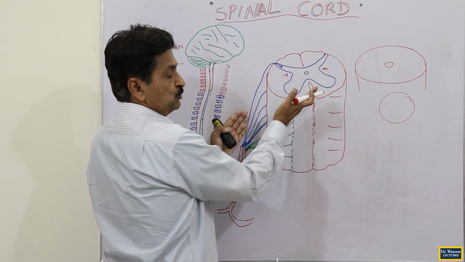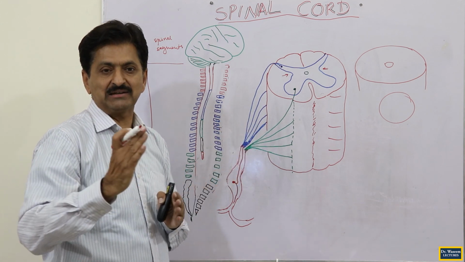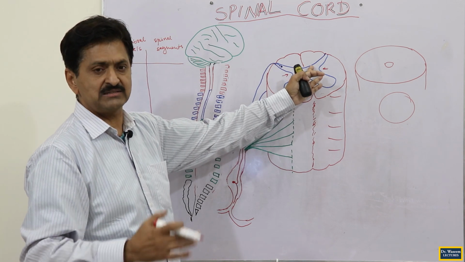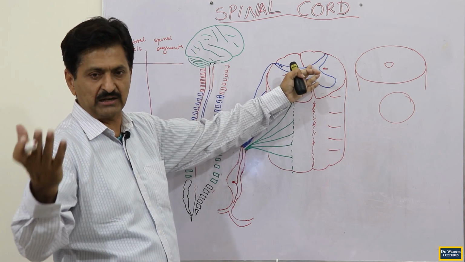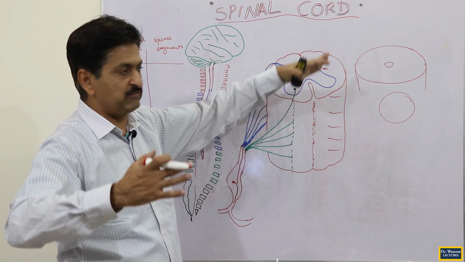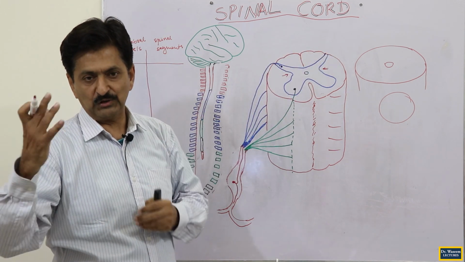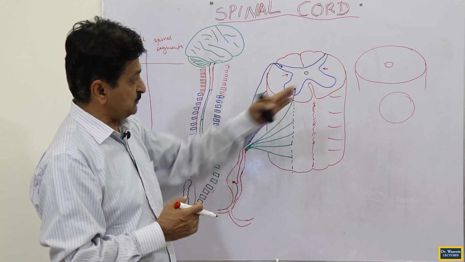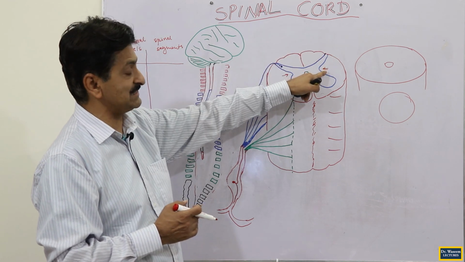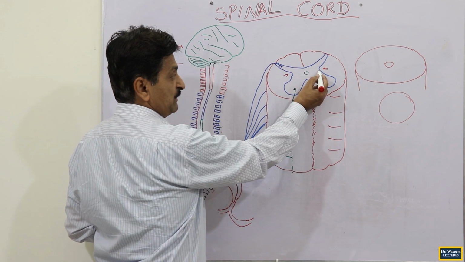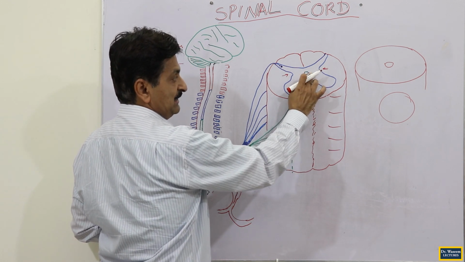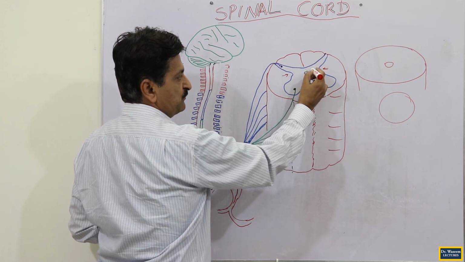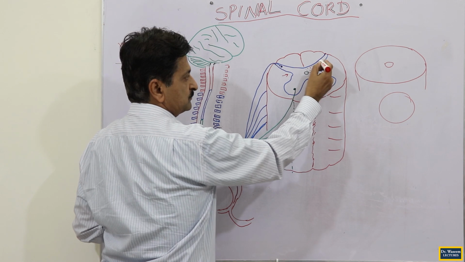And the mantle layer, due to the sulcus limitans appearing in the middle, will have two areas now, two plates. Posteriorly is the alar plate, which will be called the sensory plate or the sensory area, and the sensory portion of the mantle or gray matter in fact expands to reach up to the surface and forms a horn, we call it the posterior horn. So, the posterior horn is a sensory horn, you call it the dorsal horn also. This is posterior to the level of the sulcus limitans. Though there is a sulcus limitans, it does not have any partition. In gray matter we do not have any partition, but we think that behind the sulcus limitans level, whatever neurons develop are all sensory neurons.